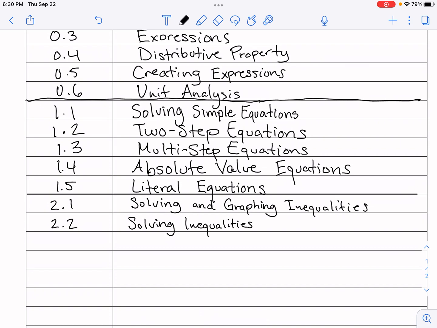And the way the book has it, 2.2 is just with addition and subtraction. All right, so we're going to take our time, even though we're familiar with two-step equations and multi-step equations. The notes I want you to do, unfortunately, we don't have guided notes prepared, so you're just going to